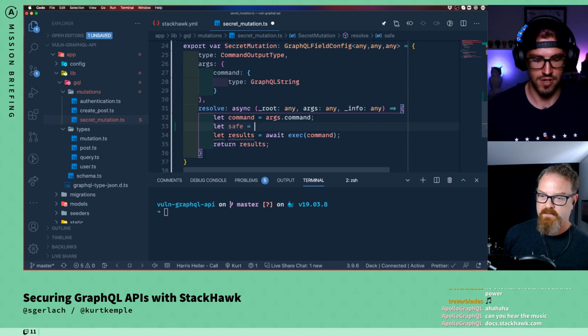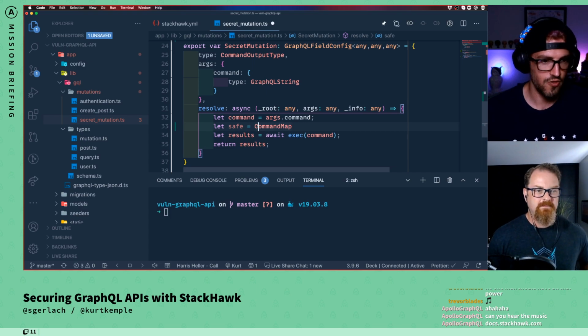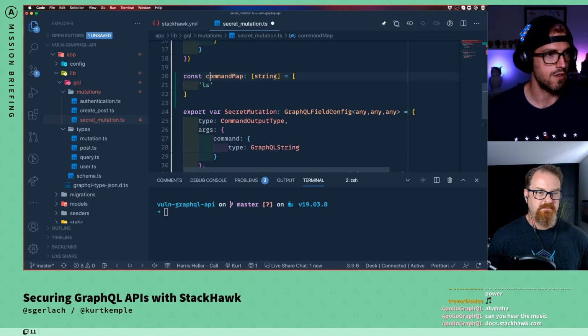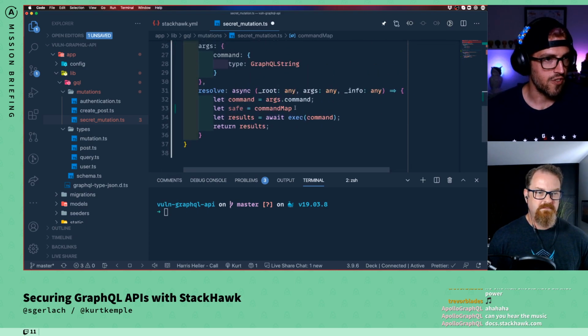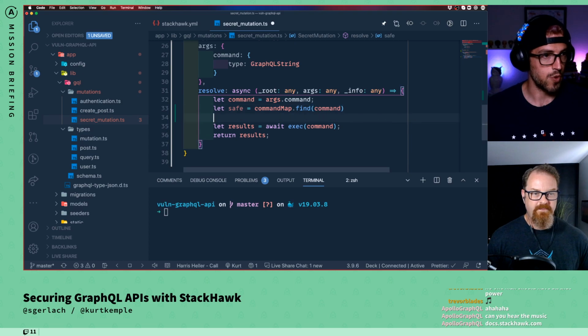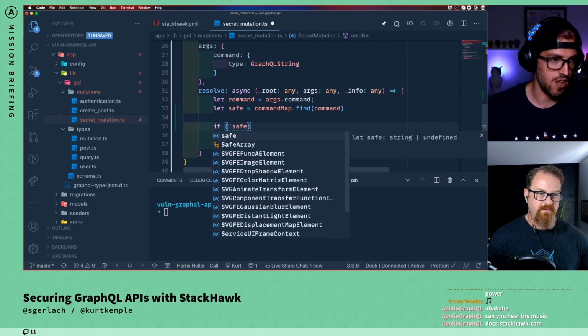Okay, so let's do let safe equals find. Oh wait, I have to do the thing first, and it's not find one. I went right to lodash, just habit. And I made this uppercase, I do not want that. Let's fix this real quick. Sorry, I was doing a type name, but it's the actual variable. Okay, so we've got commandMap.find, and that's going to be command. So if it finds it, we're safe. If it's not, then safe will not be defined. So now we can say if not safe,